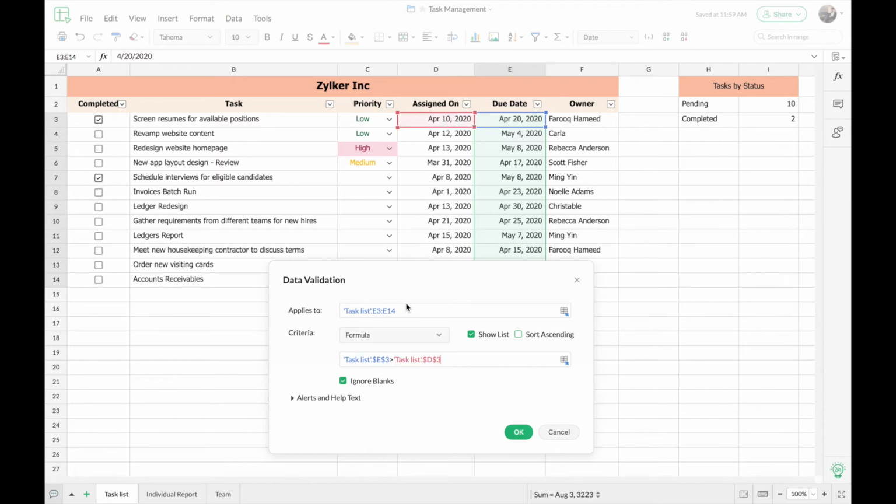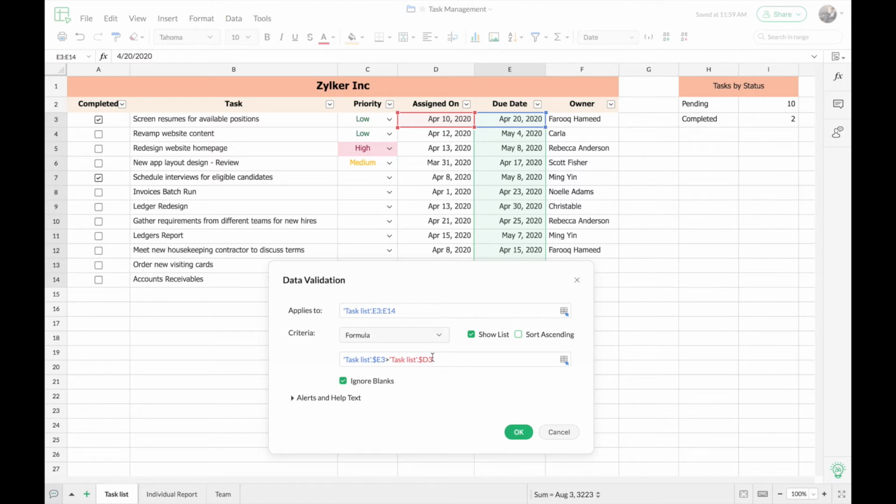So as I select the cell range, you can see that data validation takes those references to be absolute by default. So by absolute, I mean those references will be fixed for all the rows that are present in that particular selected range. But that is not what I want in this particular use case. I want the values to be compared for each row. So for that, I'm going to make the row reference relative by simply deleting the $ sign here. So now each row's values will be taken and compared with corresponding values.